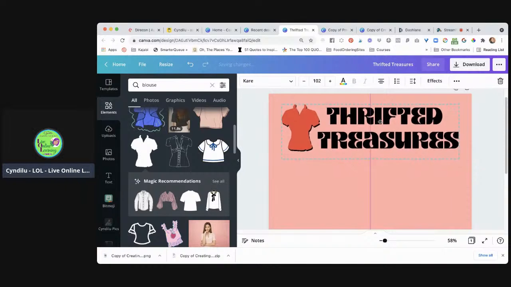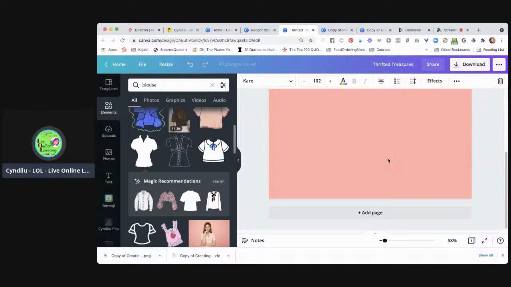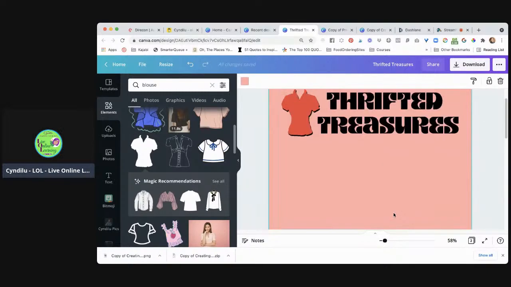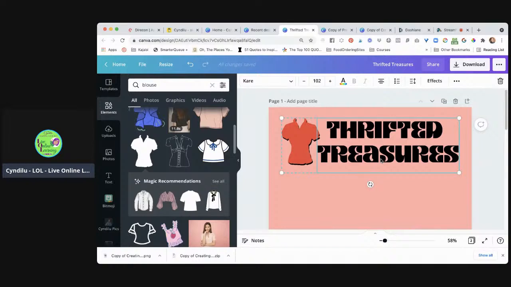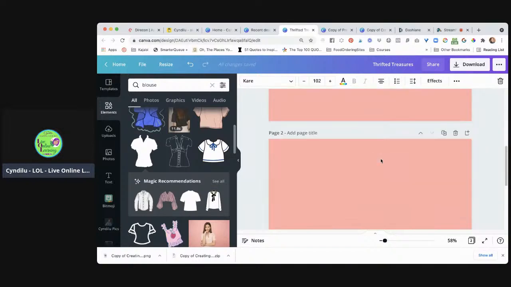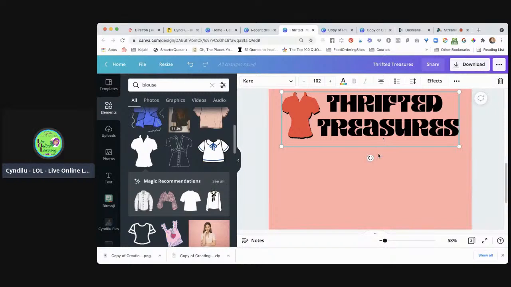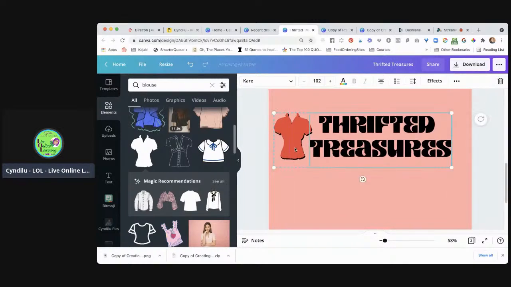So, and then that can be like your long logo. And then real quick, because we're here and we may as well, I'm going to go ahead and add that down. I'm going to grab this, copy it. I'm going to paste it down here. I could have just duplicated the whole page. I didn't do it that way. And then I'm going to actually ungroup this one